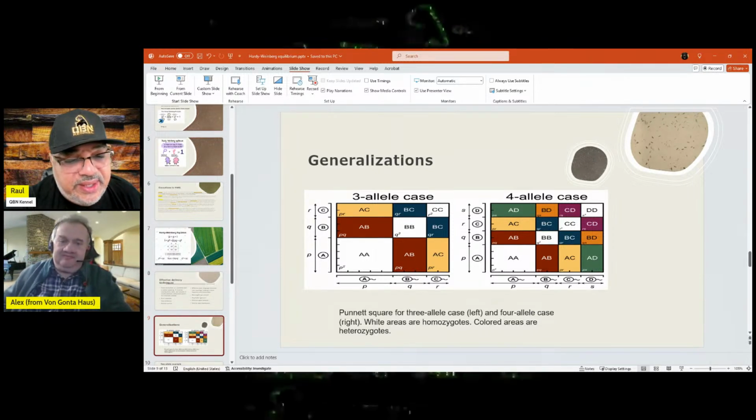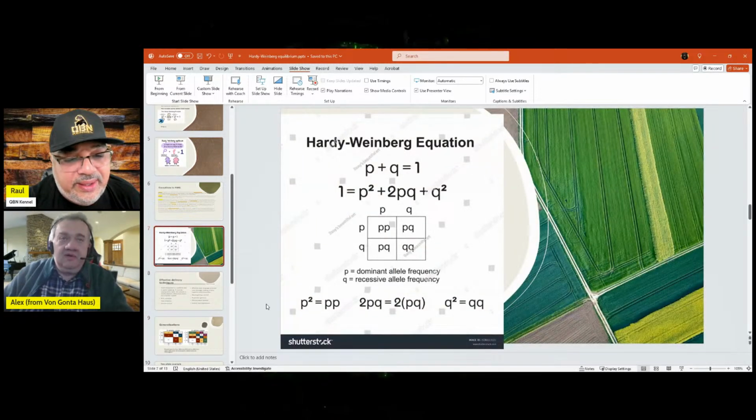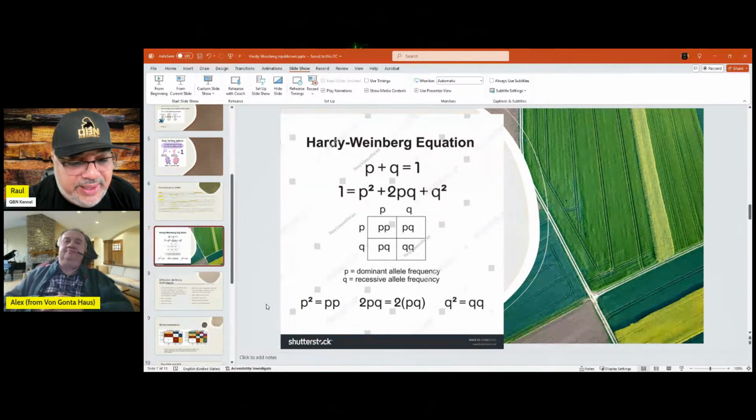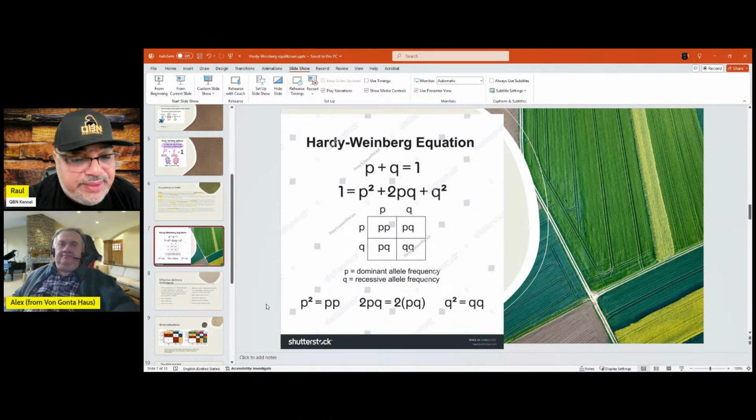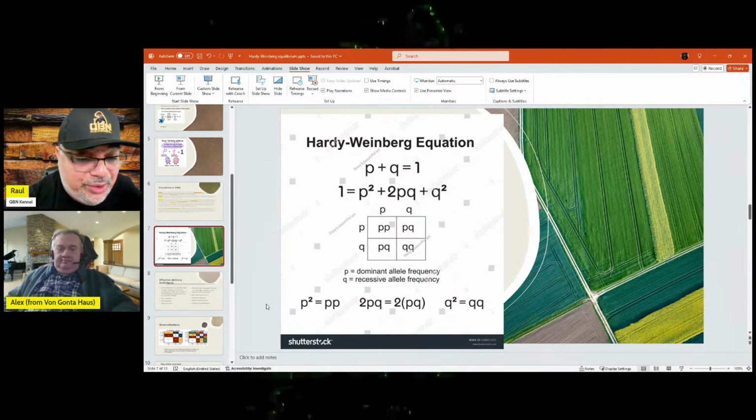Go to the previous screen, that white and green screen, so people could see. There you go. Basically, what Alex is letting you know is that A is going to be substituted for the Q squared because it's a recessive gene. You need both of the same for it to show up. And the C, which is going to be the dominant of the two, is going to be the P squared. And the AC, the middle ground, if you will, is going to be 2PQ.